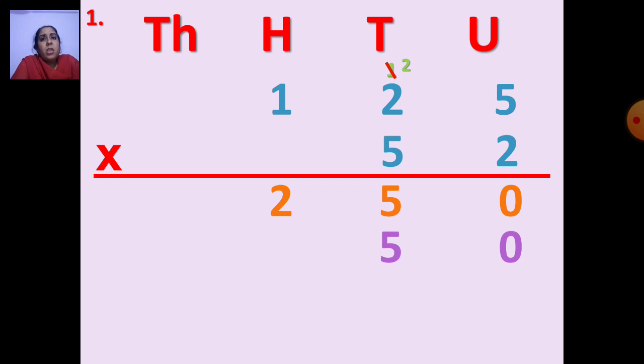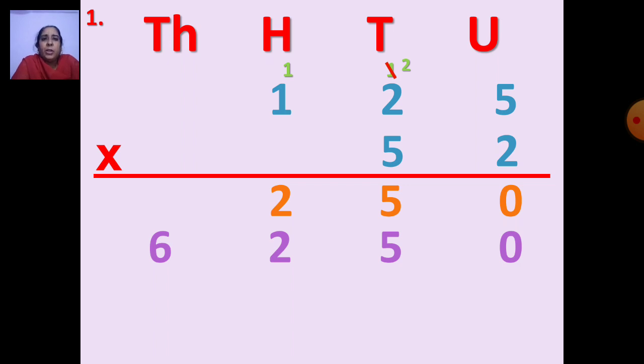Okay. Now you have to multiply 5 with 2. 5 2s are 10, right? And 10 plus 2 is 12. So 2 will come down and 1 will go in hundreds place. Okay. Now we will multiply 5 with 1. 5 ones are 5. And 5 plus 1, 6. Don't forget to add carry over. Okay, children, otherwise your sum will be wrong.